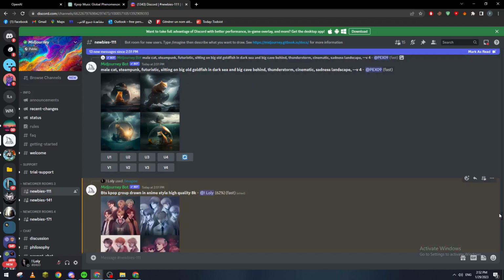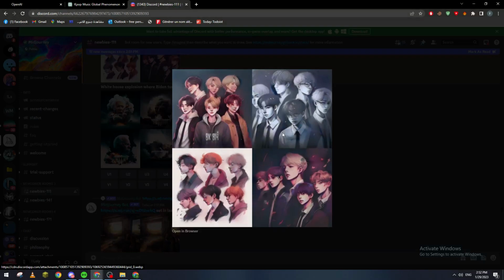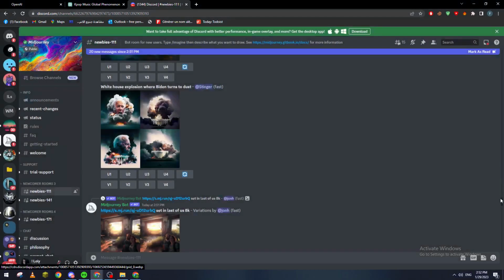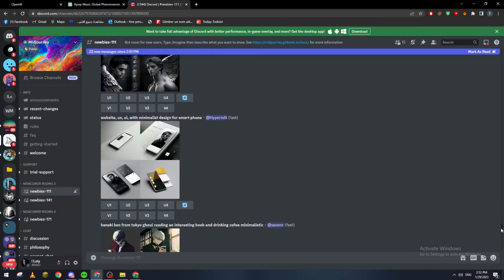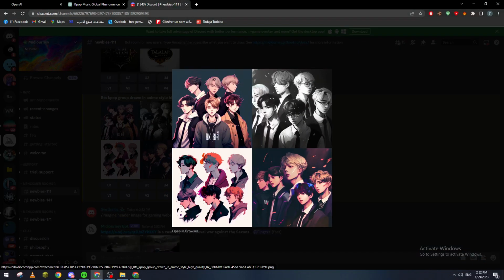And as you can see here, if you went back to Midjourney, it is actually making us the images of BTS using anime style. So let's go down, I think. It must be generated. Yes, here it is. So this is the K-pop like group that we made using Midjourney. I don't know if they look like BTS group members, but I mean they got the idea.